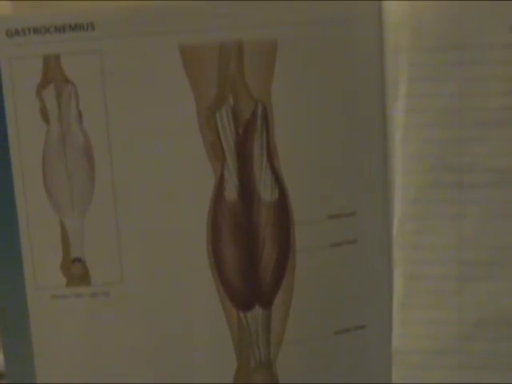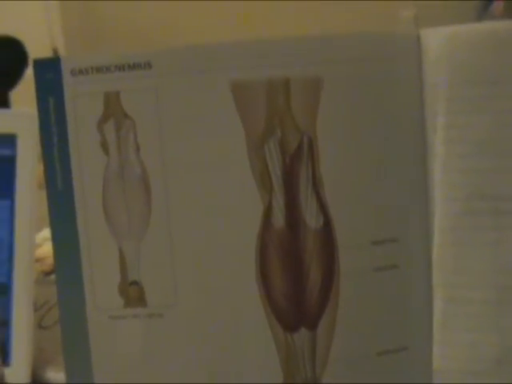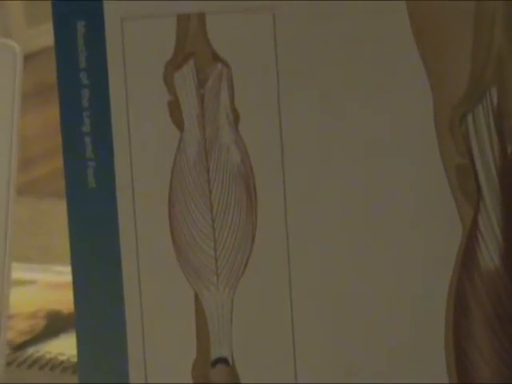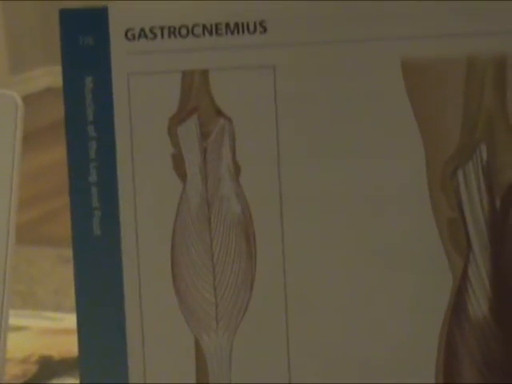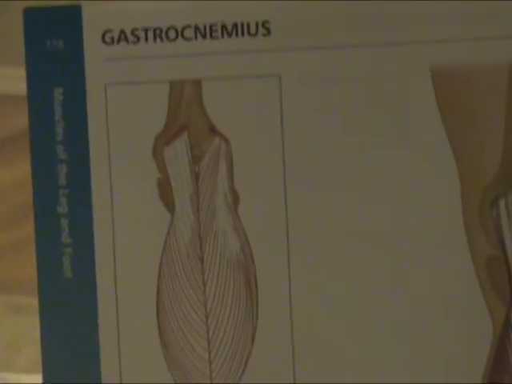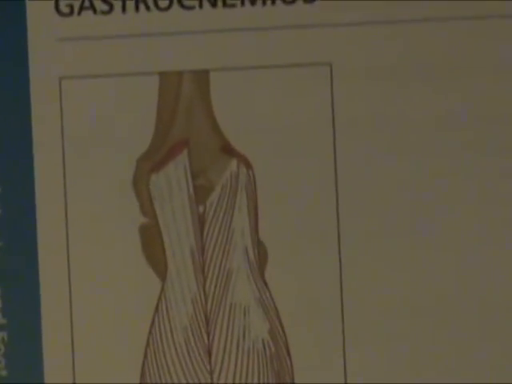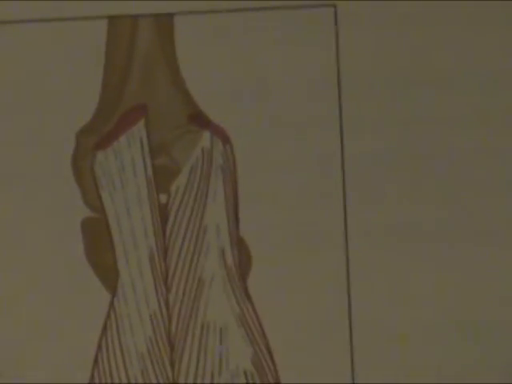This muscle here is the gastrocnemius in the back of your calf there. This is number 61 of the muscle chart, and it is on the cadaver, number 32. The origin of the gastrocnemius is the lateral and medial condyles of the femur and the capsule of the knee. The insertion is the